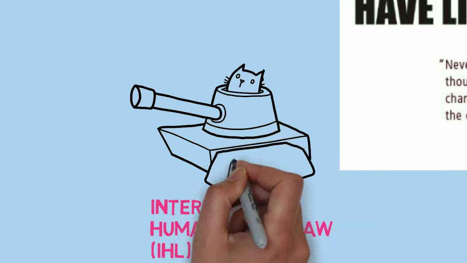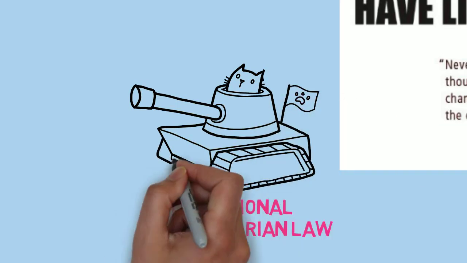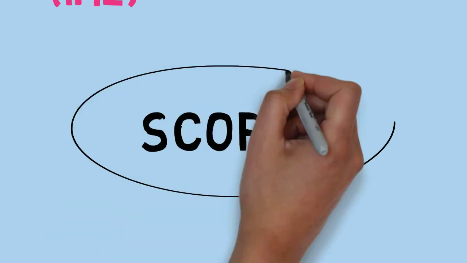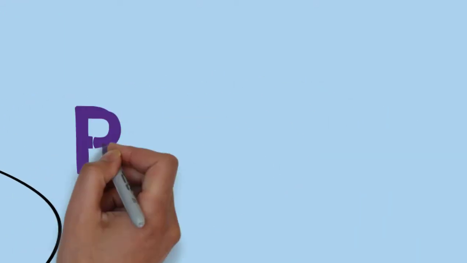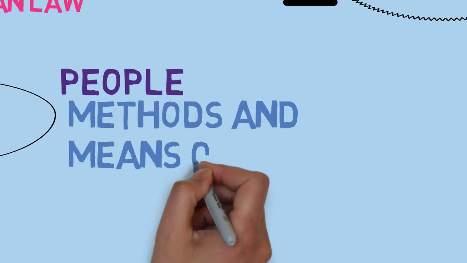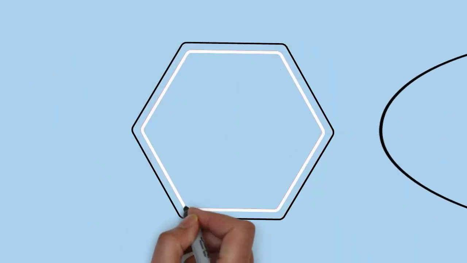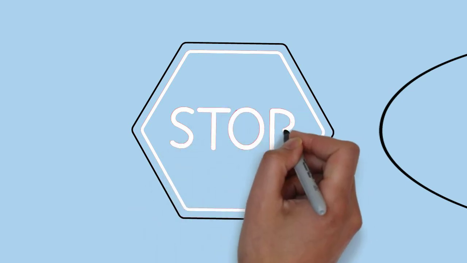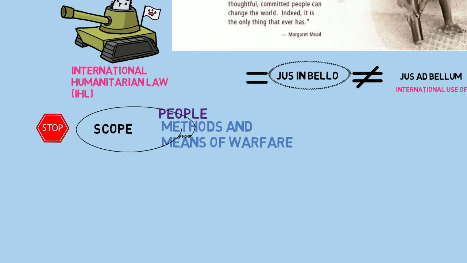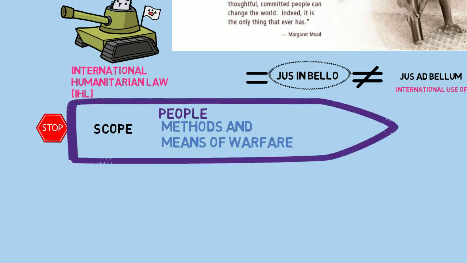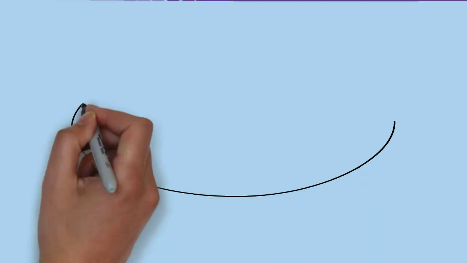So, speaking about international humanitarian rules, it's necessary to highlight the scope, mainly two classes that are the protection of people and then the protection of the methods and the means of warfare. Concerning people, we can speak here of civilians and combatants, and concerning the methods and means of warfare, we can give as an example the use of chemical or biological weapons.